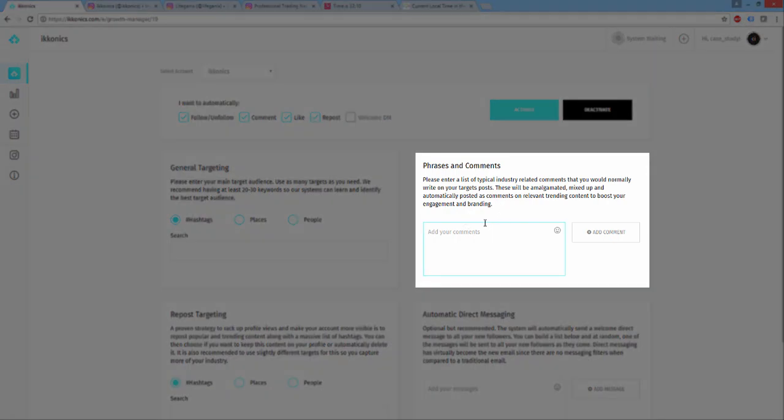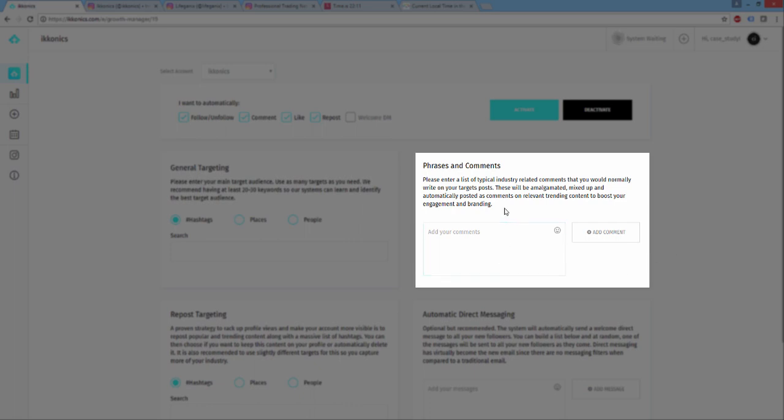So this will be automatically posted in terms of comments, and of course in terms of likes, the general targeting will automatically be using those likes. So here you more or less add a list of maybe 5 to 10 different comment lines that you would typically write to posts that you normally engage with. So this should also include your own dialect, the way you talk, anything that's branding related should also be here, and that's going to really boost your attraction and engagement,